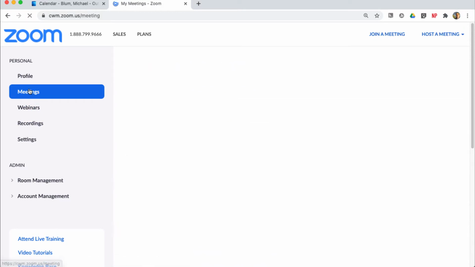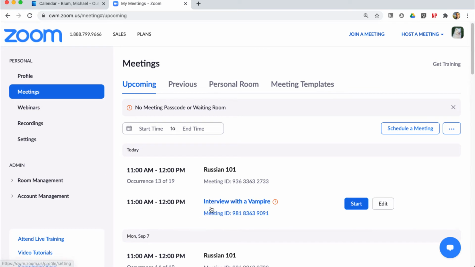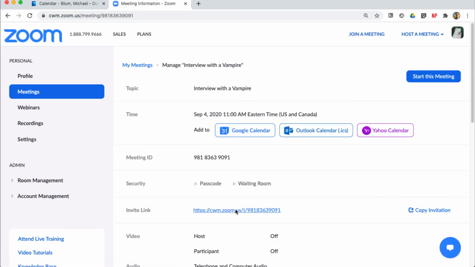When I go to Meetings, you'll notice there's my Interview with a Vampire meeting, and I can then send that to whoever the interview is going to be with. So if I click on it, I can copy the invitation on the right-hand side here, and I can email that to whoever is going to be participating in the interview. I can also start the meeting, and as soon as I start the meeting, it's going to start the recording. Once I stop the meeting, the recording will be stopped automatically, and then I'll get an email letting me know when it's done recording, but you can check back every once in a while and see if it's been recorded. So once it's been recorded, you'll notice I have a Recordings tab here on the left-hand menu,